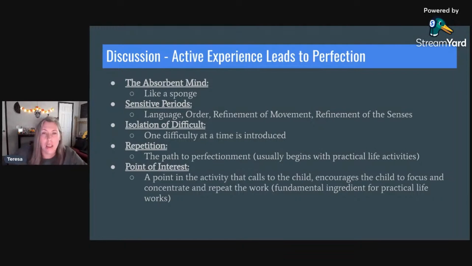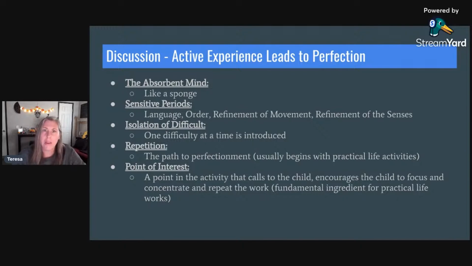And we'll have children in our classroom that will do that for a really long time. And they're perfecting that movement. They're perfecting that skill. They're perfecting that pincer grip. They're perfecting their concentration, right? All those things become perfected when we repeat them. And then, of course, we really want to talk about the point of interest, because when we're talking about perfection,